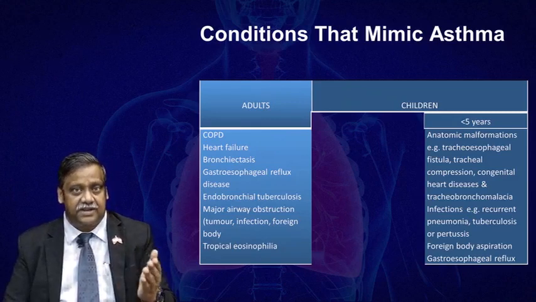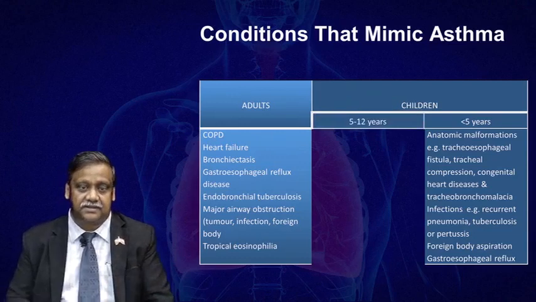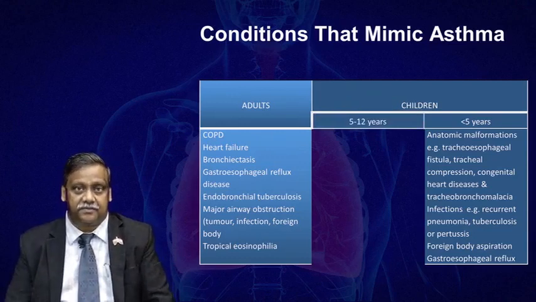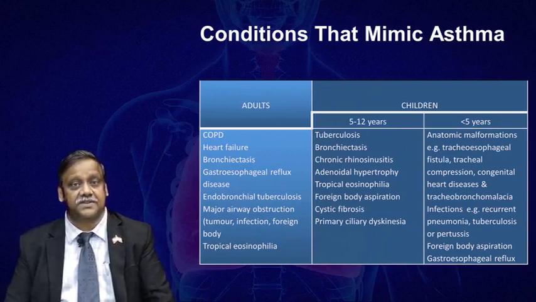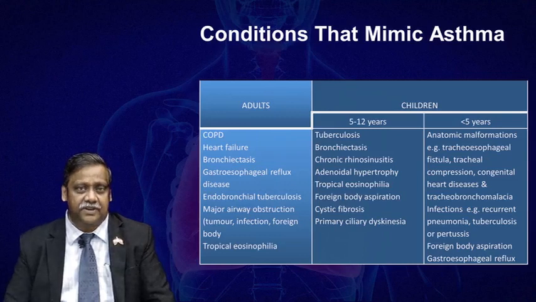And then finally, if your child is between 5 to 12 years, then the list of mimics is given over here, such as tuberculosis, bronchiectasis, and adenoidal hypertrophy, which is a very common mimic of asthma. Similarly, foreign body aspiration, or even cystic fibrosis, although it's not very common, but you should have a suspicion if the symptoms are high. So these are the mimics that you should be careful about before you make a final